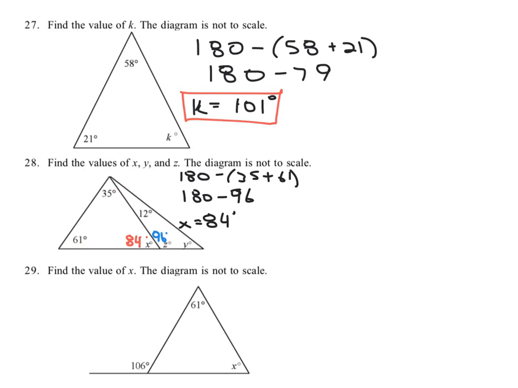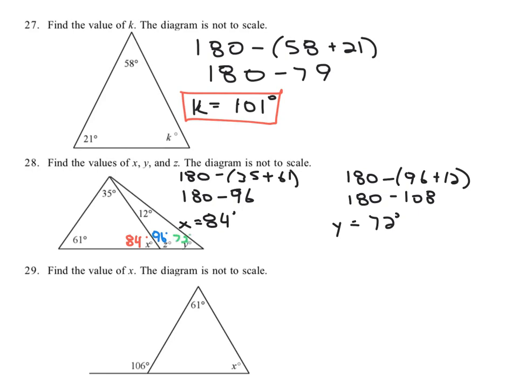Okay, and now to find y, we're going to do this same thing one more time. We're going to say 180 degrees minus, we know what this one is now, it's 96, and we know what this one is, it's 12. So we're going to say minus the sum of 96 and 12, and we get 180 minus 108. And that leaves 72 degrees, and so that's going to be what y is equal to,